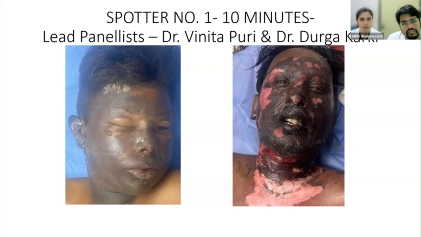If we see some soot particles in the oropharynx on inspection, and if we see soot particles in the nasal region, we'll prophylactically proceed for intubation, in every patient, ma'am. Say yes or no. Yes, ma'am. For every patient. Okay. So now, let us say that your first 48 hours has gone by.